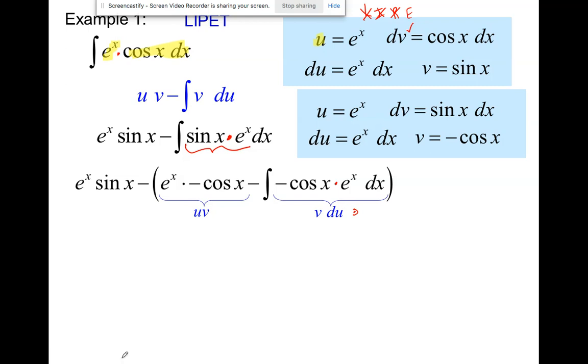Now, I was lazy and I didn't use my equal sign. Remember, I've just been like, well, I already know. This is what I made this u dv, and that's what lets me, by proof, say that u dv is equal to uv minus v du. So don't forget you have an equal sign,